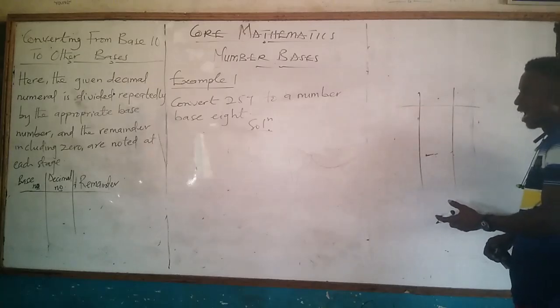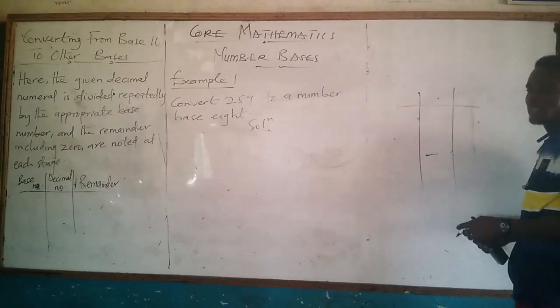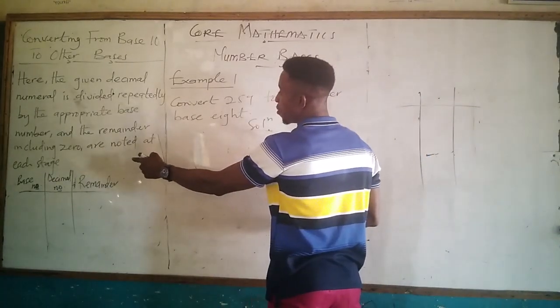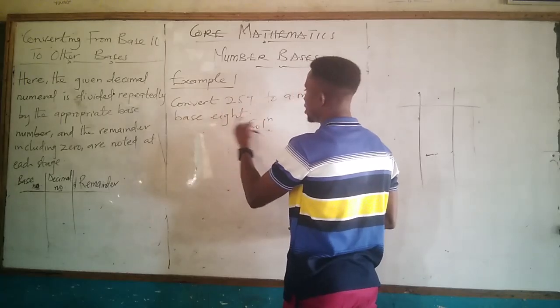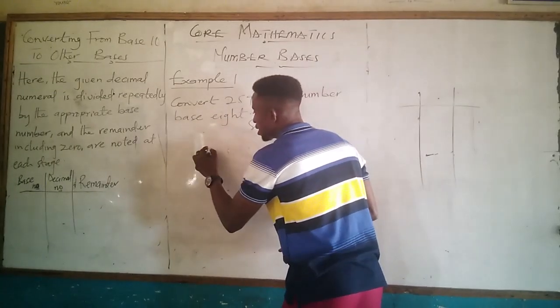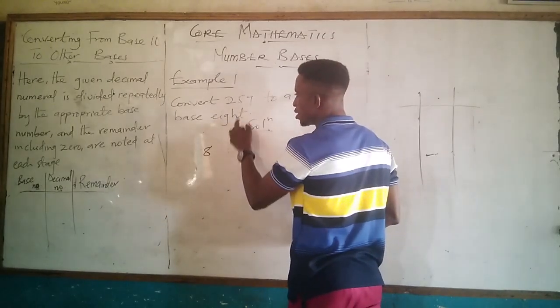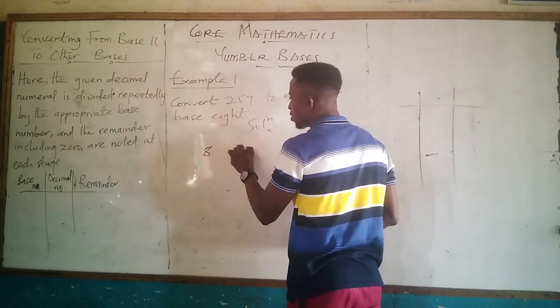So imagine you've created your columns. The first thing I will write is my number base, my 8 here. Then I have the base 10, which is